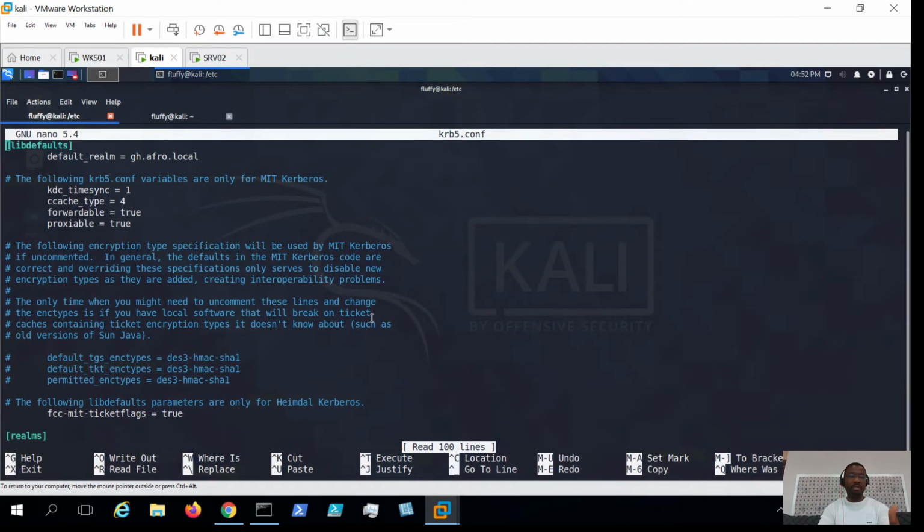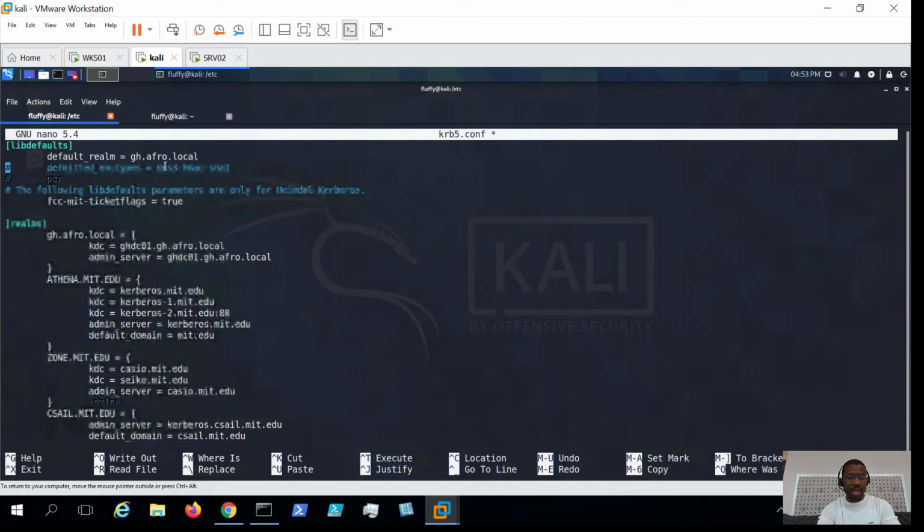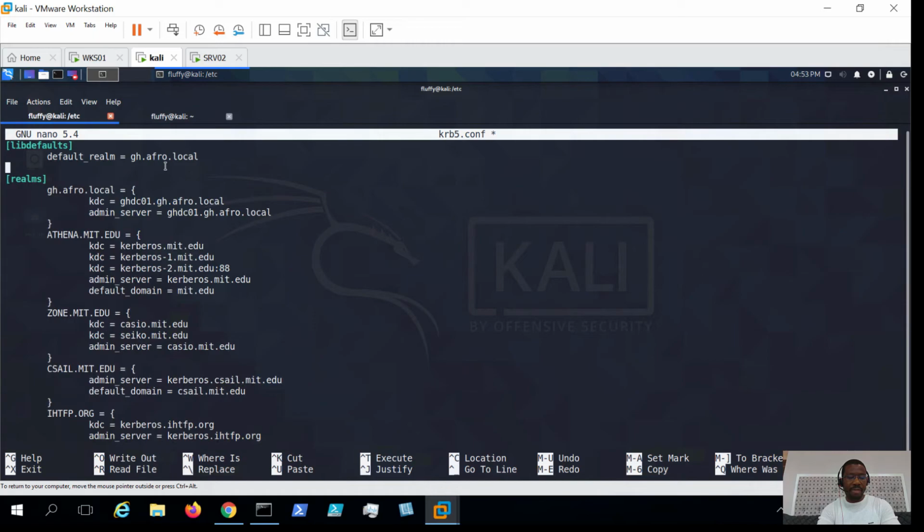Okay, so this is the default information. These are the details that we were asked at the beginning, so it did populate for us. We don't need most of them. If I were you, I would clean up this information, remove most of them, and just keep the few that we need. The few that we need, first of all, are our realms, and we need one more piece of information here,